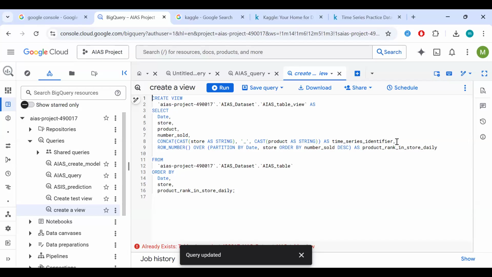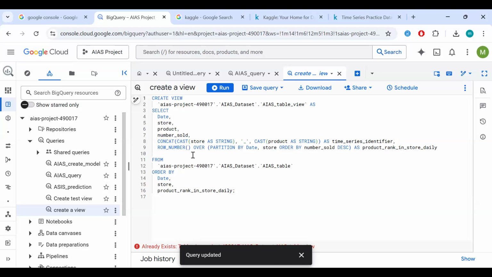Now, this column basically just helps our forecast model track what's going on better, right? So we concatenate, and that's what this command is. We concatenate, which basically means you're combining two different columns into one, right? So we concatenate our store column and our product column, and then we call it our time series identifier. It's a column that is needed for any time series forecasting. So it's an input column that is needed, right?